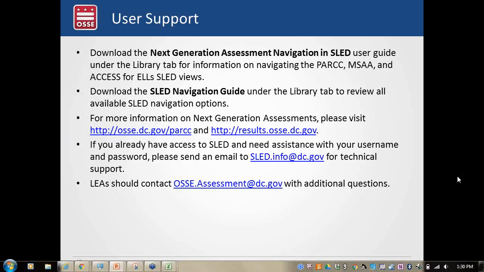I gave you a brief overview here of SLED and everything that you can find there in terms of student data and student information. But if you want to know more, under the Library tab, you can find that SLED Navigation Guide, and it will be able to explain to you everything else that's available in SLED for you to see. For more information on the Next Generation Assessment, please visit OSSE's website, and then you can go to osse.dc.gov/PARCC, as well as